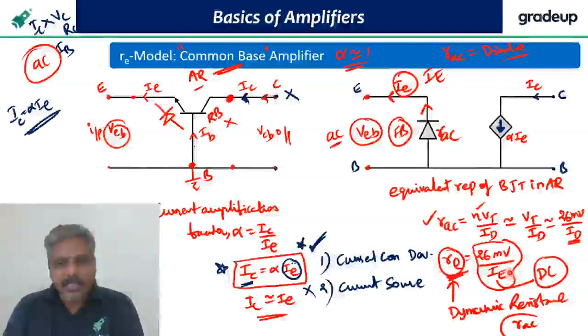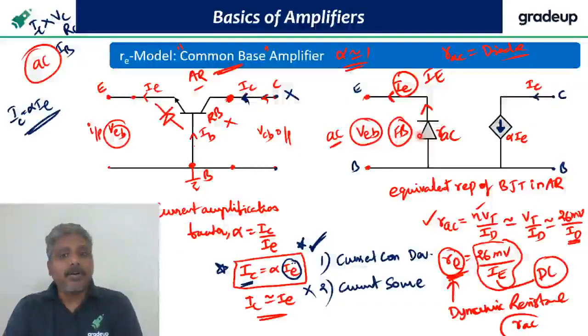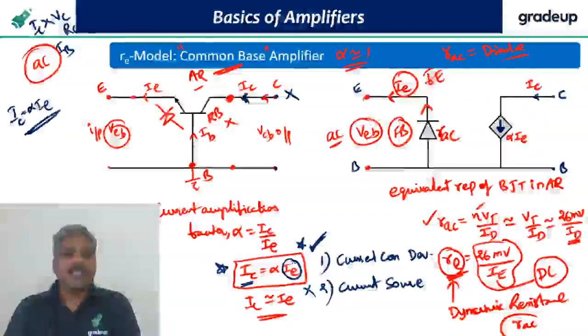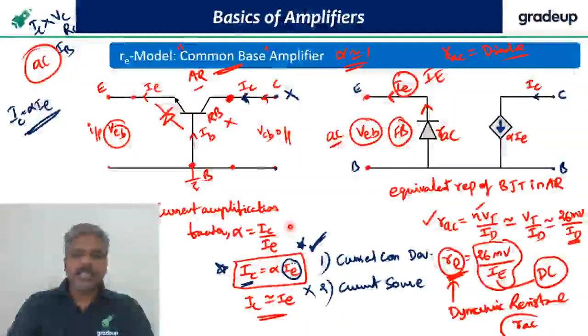Then you have a question whether it is AC current or DC current. DC current, not AC current. Why? Because this junction is forward biased, not because of this AC applied. It is because of the DC applied already. Already a forward biased junction. So the current flowing is already what? IE, not this IE. This IE comes only for this. That's why capital IE you have to take.